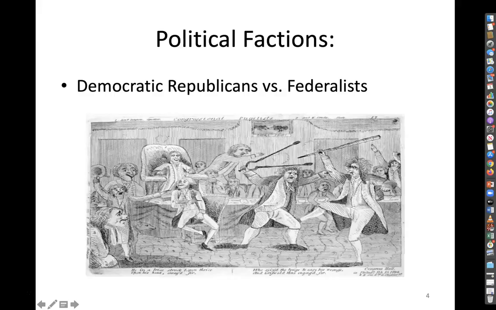And Jefferson would be one of the leaders of what you could call initially the Democratic Republicans, and then they dropped the first word, Democratic, just to call themselves the Republican Party. Okay, so you had the Republicans versus the Federalists. And as this illustration shows, things got pretty heated. You even see episodes of violence break out. All right, so the polarization that's around today was certainly around back then.